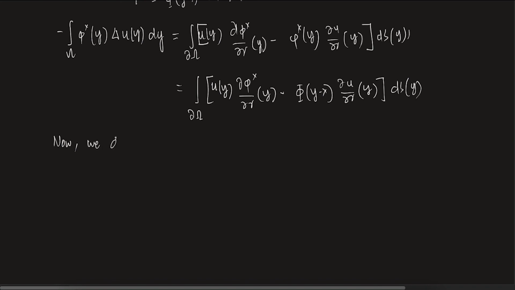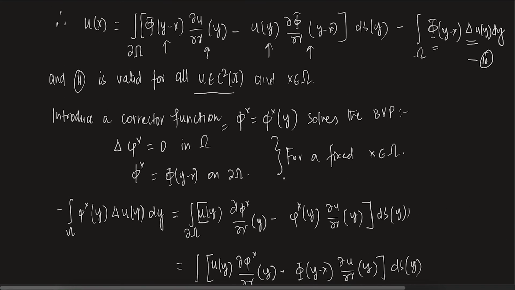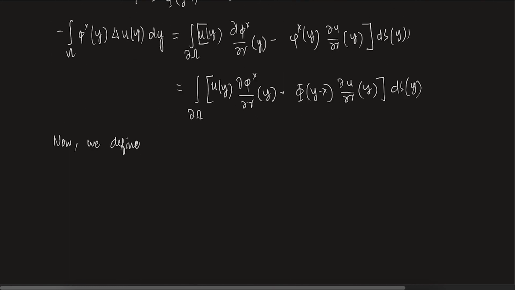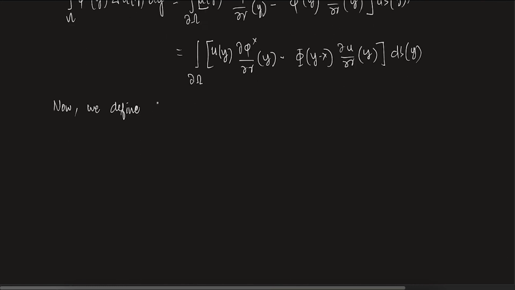Now we define. You understand what I'm saying? If I add those two terms, this term is gone, right? If I add this expression and this expression together, that term is gone. I want to write it in a more compact form, and that is why we introduce a new function. So we define Green's function, this is what we call the Green's function.